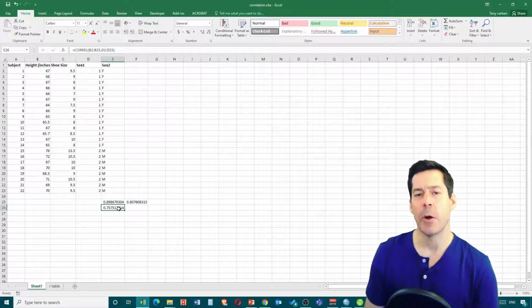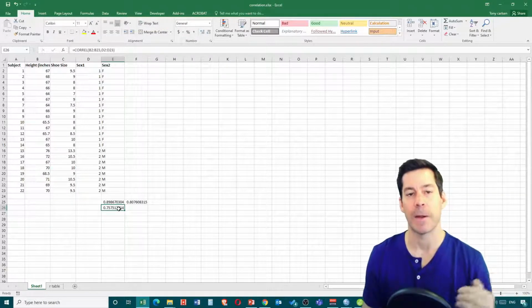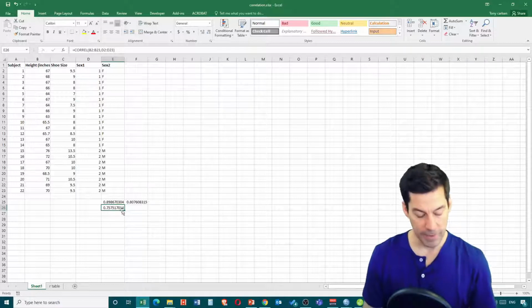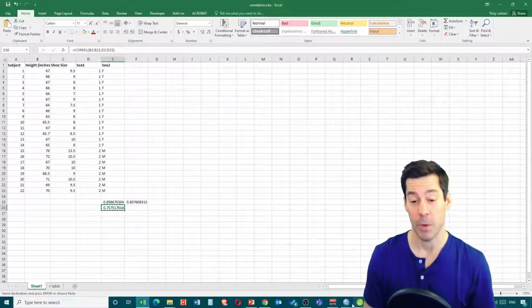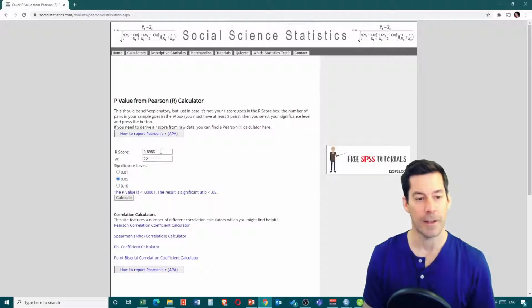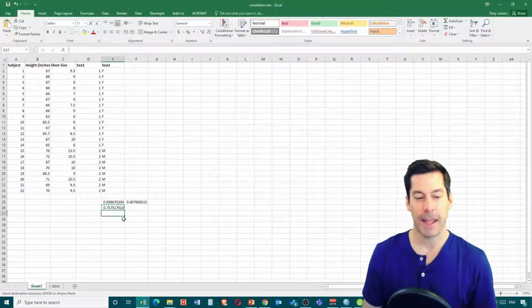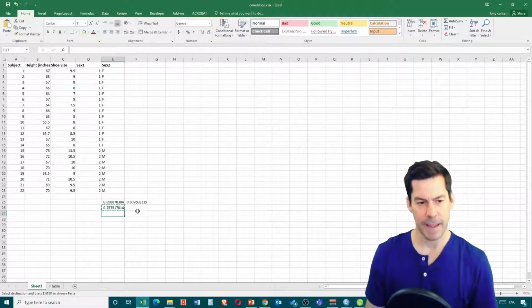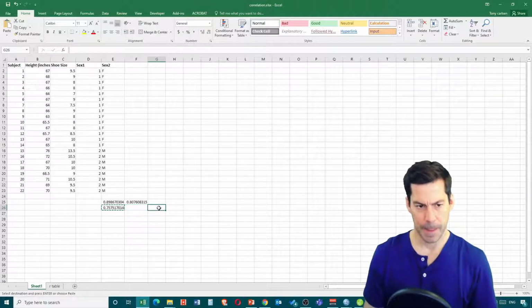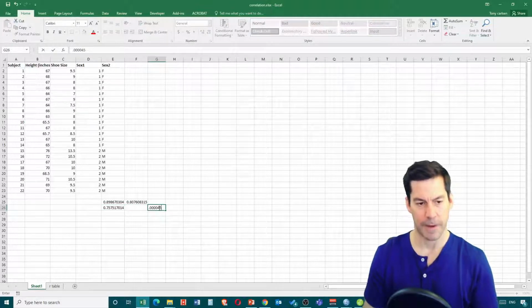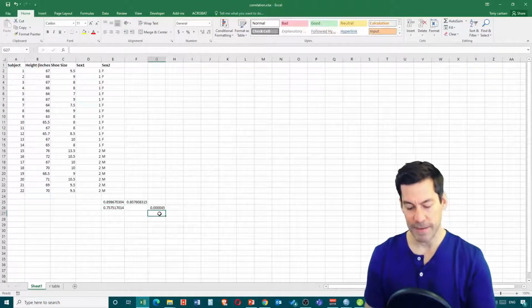Again, we know that's going to be significant because our degrees of freedom is the same as what we saw before. We can take this and calculate the exact p-value by going back to our calculator here, putting this back in, 0.7575, calculate, and I get a p-value of 0.000045. Now, what's interesting about this is I want to show you that if I run a t-test,